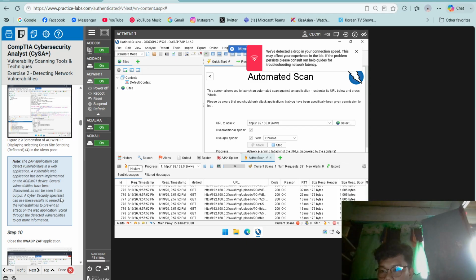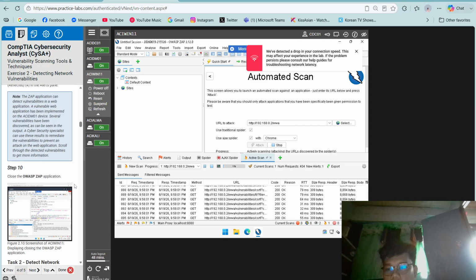A vulnerable web application has been implemented on the ACI DM01 device. Several vulnerabilities have been discovered, as can be seen in the output. A cybersecurity specialist can use this result to remediate the vulnerabilities to prevent an attack on the web application. Scroll through the detected vulnerabilities to get more information. Close OWASP ZAP